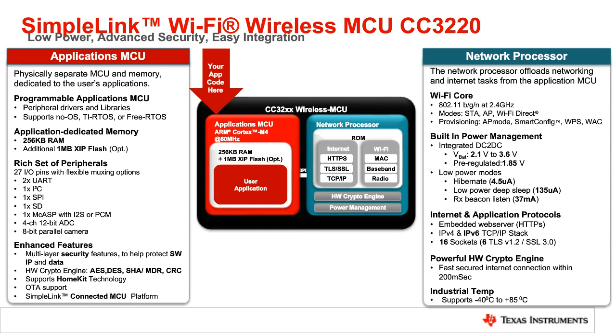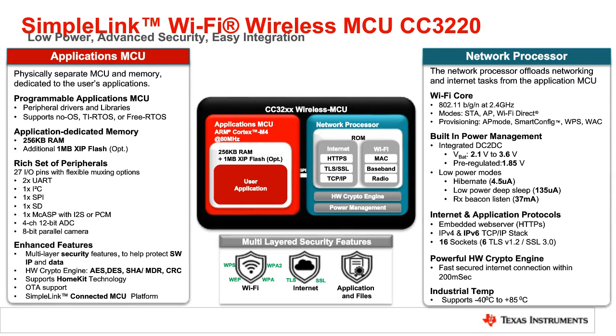This device was actually conceived from the first generation in order to bring the multi-layer security features to this type of market. We have within it, again, the Wi-Fi security features, the internet level of security features, and also several features such as encryption, authentication, file protection in the application and file security system. You can read more about the application and file security feature and all of the security features within the app note that we have posted on our website.